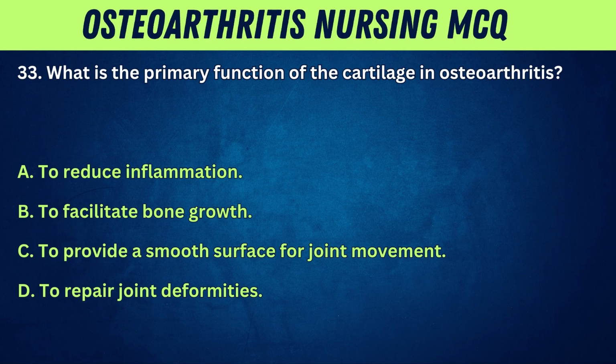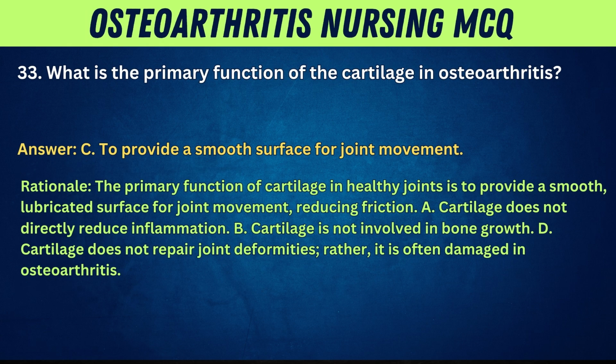33. What is the primary function of the cartilage in osteoarthritis? A. To reduce inflammation. B. To facilitate bone growth. C. To provide a smooth surface for joint movement. D. To repair joint deformities. Answer: C. To provide a smooth surface for joint movement. Rationale: the primary function of cartilage in healthy joints is to provide a smooth, lubricated surface for joint movement, reducing